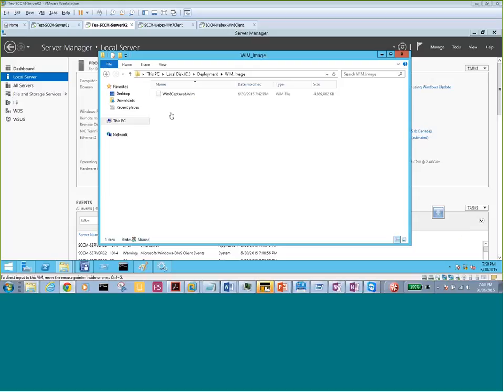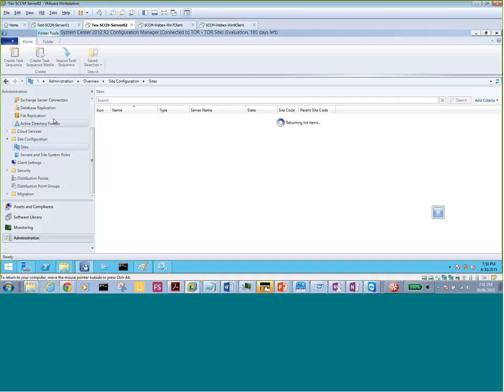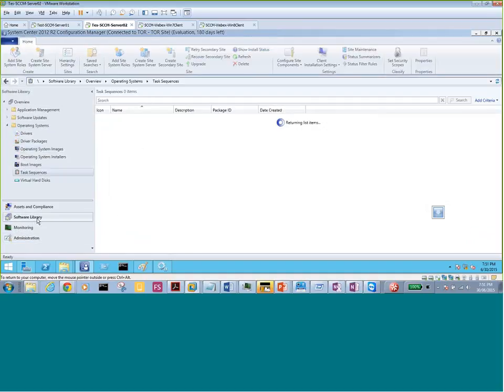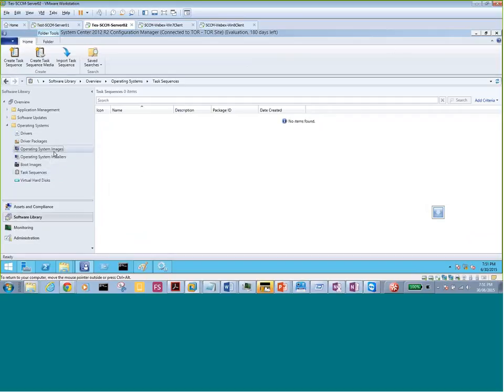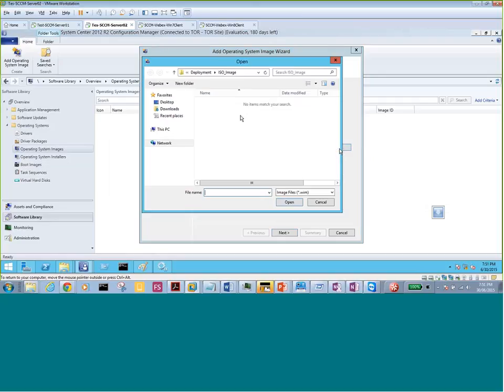I'm just going to go there. This is my Win8 capture.wim. I'm going to go to the SCCM 2012 console, and then I'm going to software library, and then operating system images, and then right clicking that image and then add operating system image. Now guess which file we need to import here, the .wim file. If I click browse and go to deployment, the local folder,